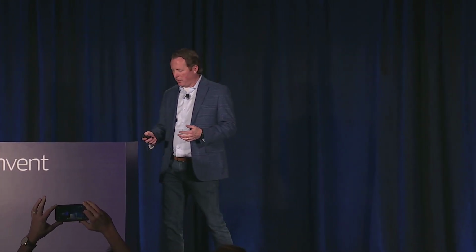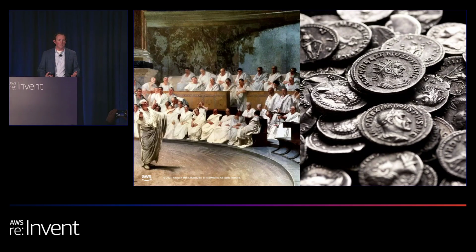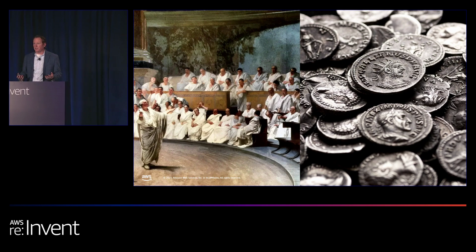I'll start out with a quick story. As you think about the notion of the Roman Empire, there are a lot of correlations to the breadth and influence that it's had on the modern day world. Specifically, there are a lot of lessons to be learned as we think through the Roman Empire. There's a lot that went down that ultimately led to the corruption and demise of that Roman Empire, and some of those things have correlations to enterprises today.